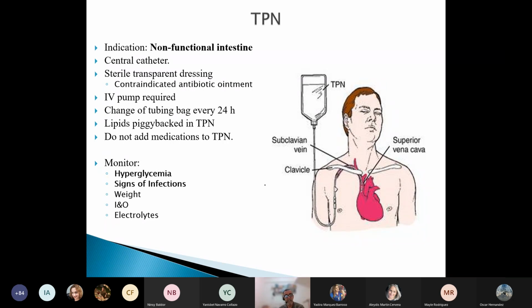But now you have the implications of the central catheter. One immediate implication is the possibility of a pneumothorax. When the doctor introduces this catheter, it can accidentally produce a pneumothorax, or can produce a hematoma because it can pierce the artery instead of the vein. You know that they enter the catheter through the subclavian vein. It's called subclavian because it's under the clavicle, no? It is introduced in the vein, but at the side of the vein is the artery, so accidentally it can pierce that and produce a hematoma.